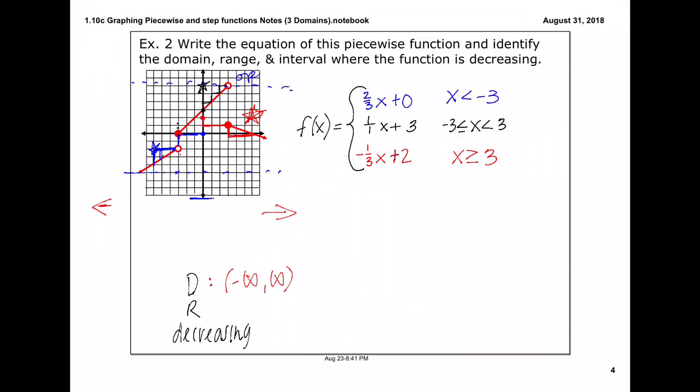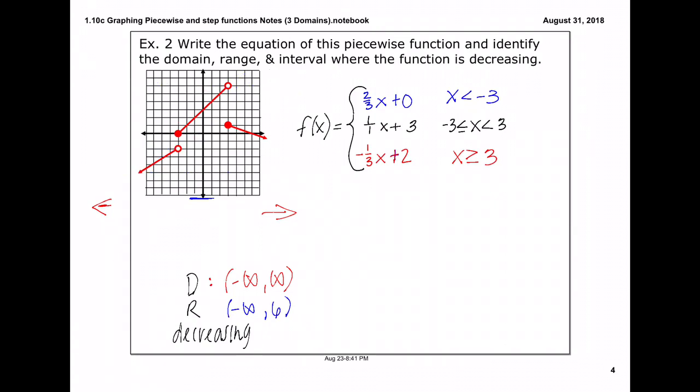Up top, it has an open circle that it goes through, so it goes to 6, but it doesn't include 6. And then we touch an arrow down here at the bottom, so we say it's negative infinity to positive 6, but not including 6. Looking at which lines on my graph are decreasing,